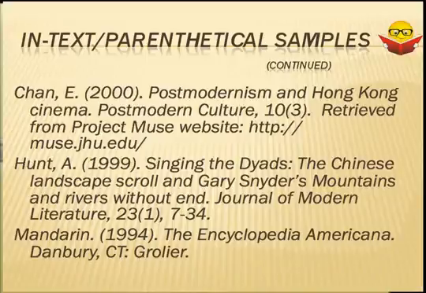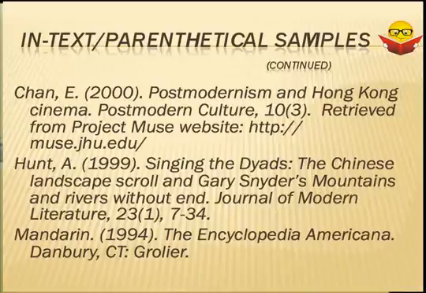Now, when I'm looking at what I would have in my reference page that corresponds to those 3, I would have this. I would start out with Chan, because he obviously is the first one alphabetically. Notice that I only put the author's first initial. If I have a middle initial, I will give it, but if I don't, I won't worry about it. Then I put the year of publication. If I have more than just the year of publication, I will give that. But for this source, I have year only.